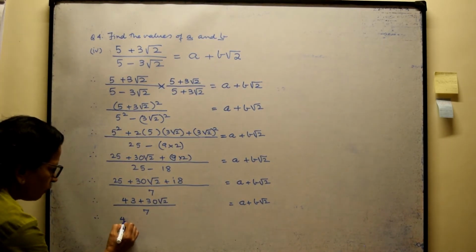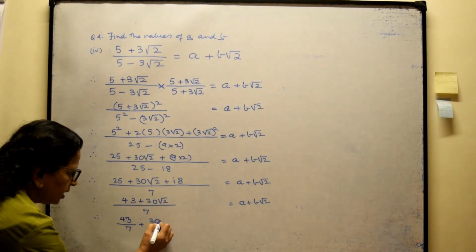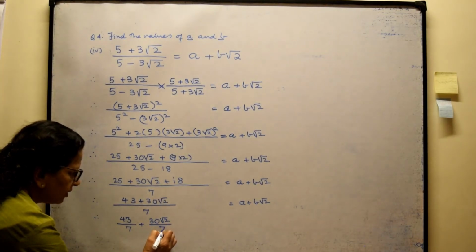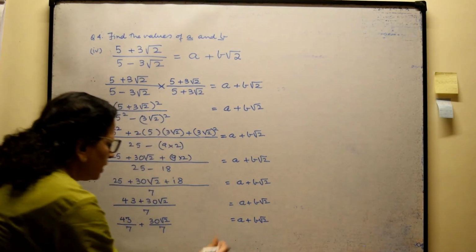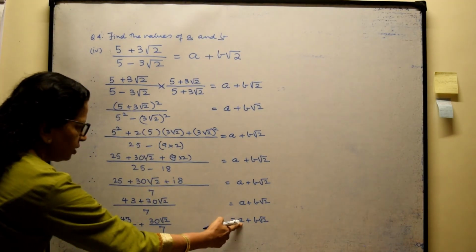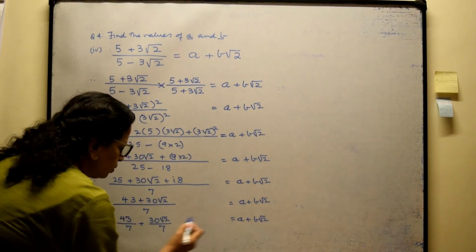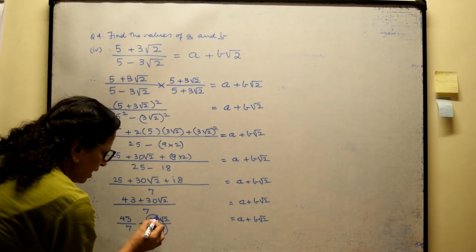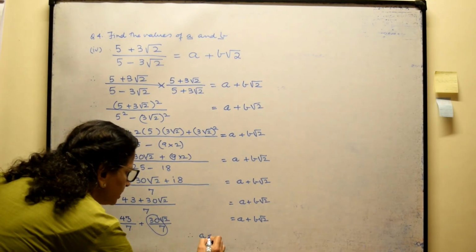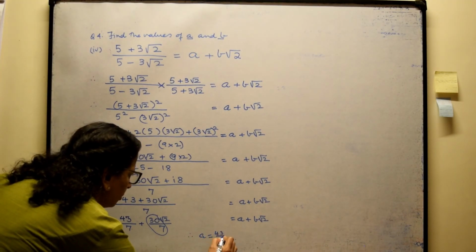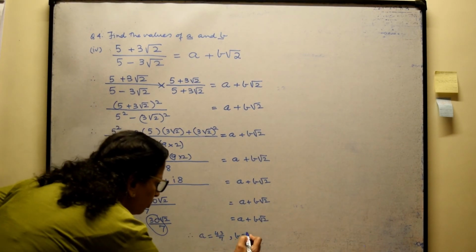So it will become 43 upon 7 plus 30 root 2 upon 7, and that is your a plus b root 2. Now by comparing this, you will see that your a has become 43 upon 7 and your b root 2 is 30 root 2 upon 7. So you will take this value for b, and so you will have therefore a is equal to 43 upon 7 and your b has become 30 upon 7,